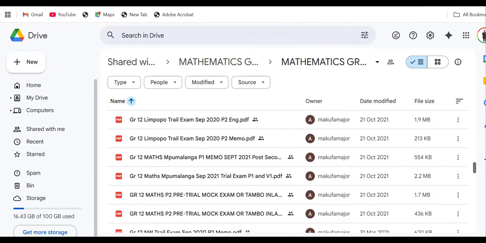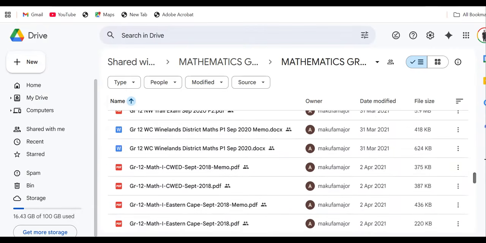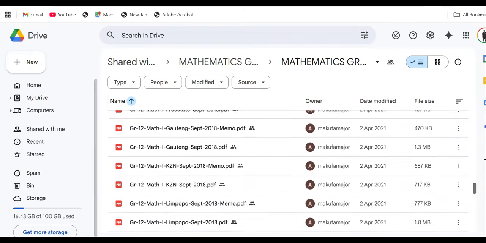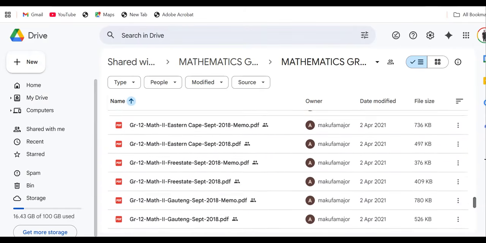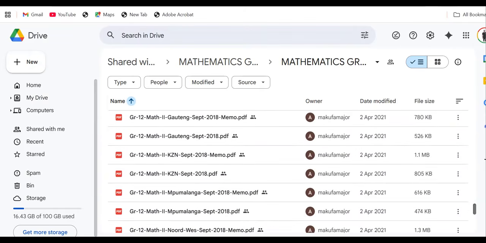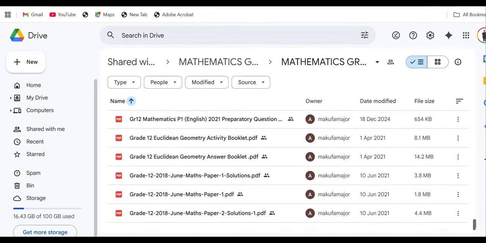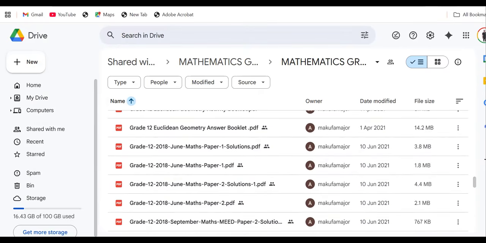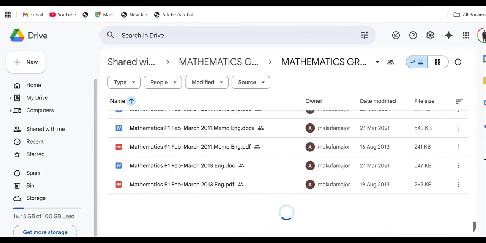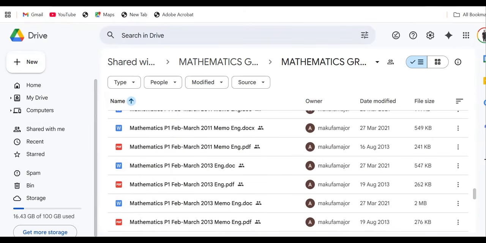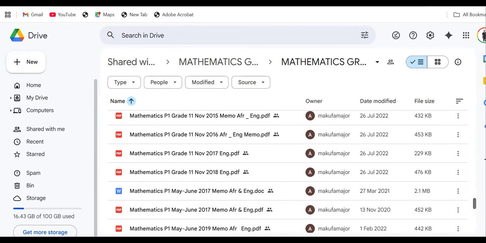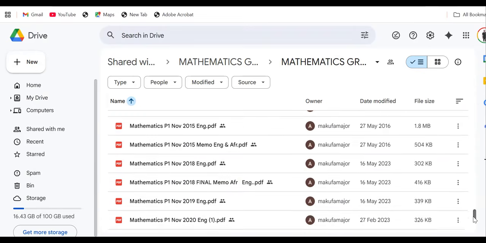So you can even edit them on your side. After you download, you can edit that one. Do not edit on the drive because it will affect others. Edit on your side. All right, you download it, then you edit on your side. Here I gave you the platform for you to download these question papers. All of these you can download as you are part of Maison. Even if you are not part of Maison African Motives, as long as you have the link, you can download these